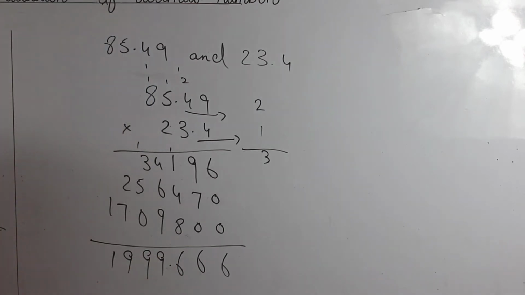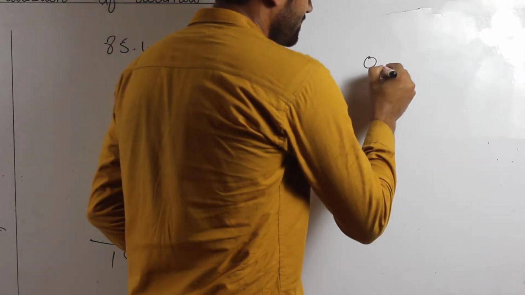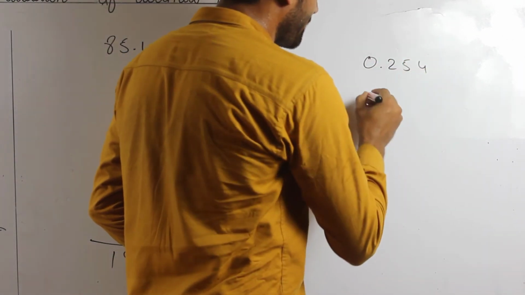So its answer is 1999.666. I take another example. 2 5 4 multiply with,